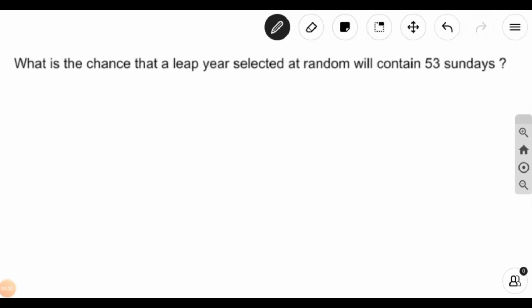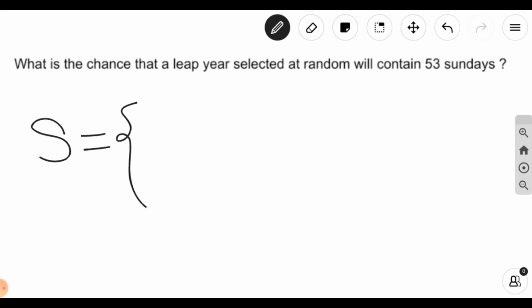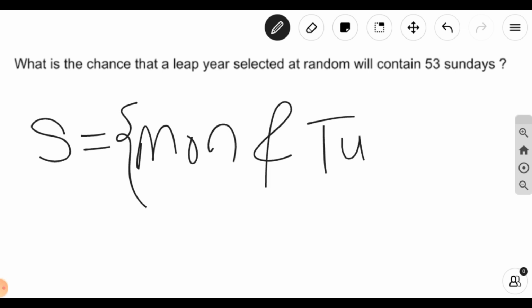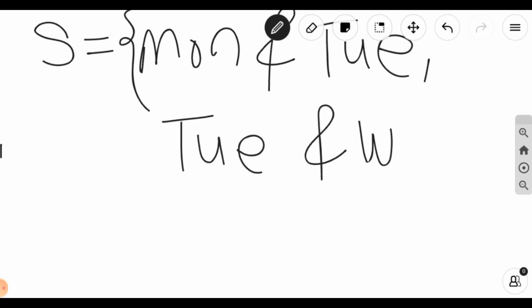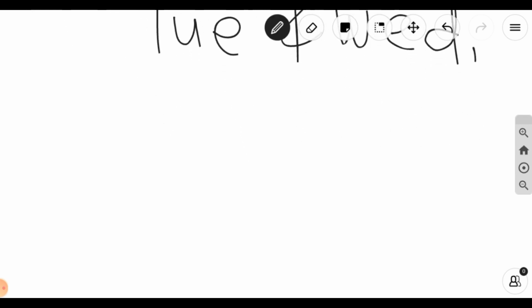We know that a leap year contains 366 days, that is 52 complete weeks and 2 days over. So here are the possible combinations of these 2 days. These 2 days may be Monday and Tuesday, or Tuesday and Wednesday, also it may be Wednesday and Thursday,